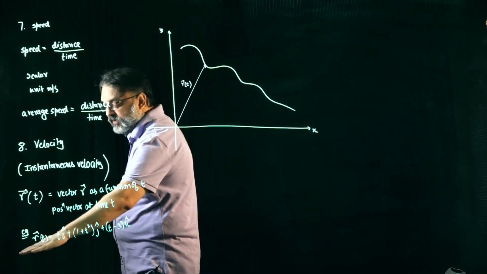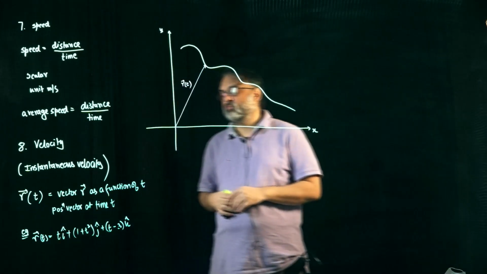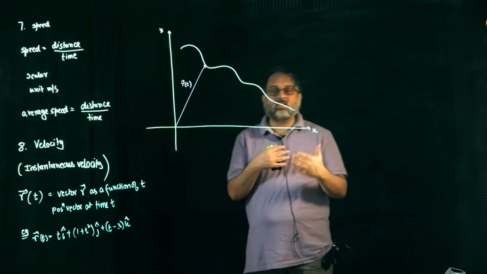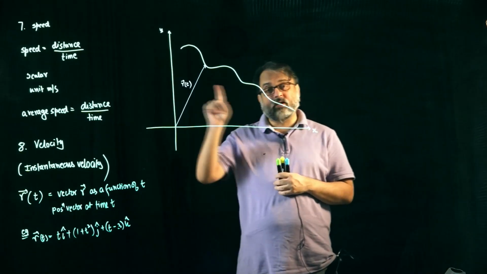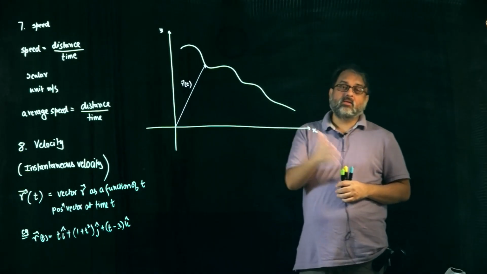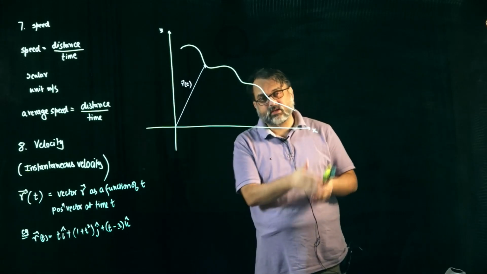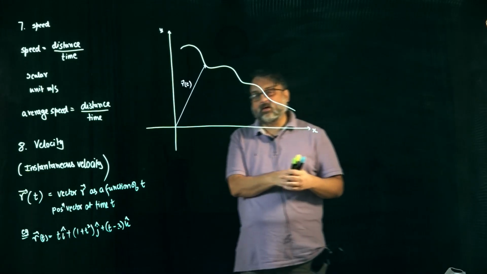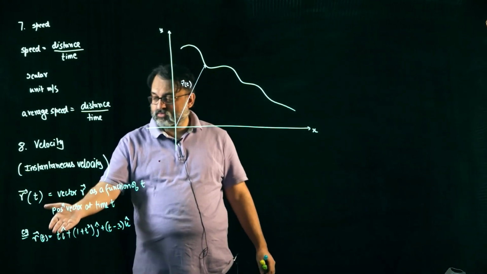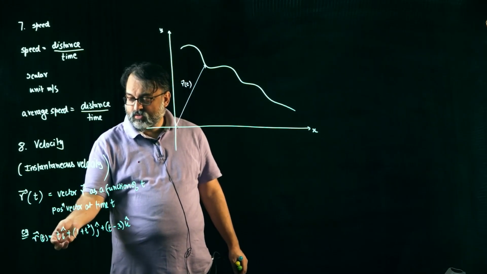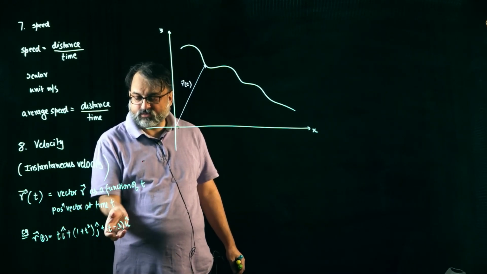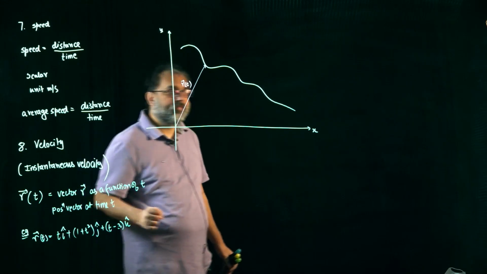So a vector function is nothing but a vector which is a function, right? Both the meanings remain the same. Function y is equal to f of x, which we saw, and vector, which we saw later, something i cap plus something j cap plus something k cap, right? A vector function is therefore, for example, a function of time: some expression of t i cap, some other expression of t j cap, some other expression of t k cap.